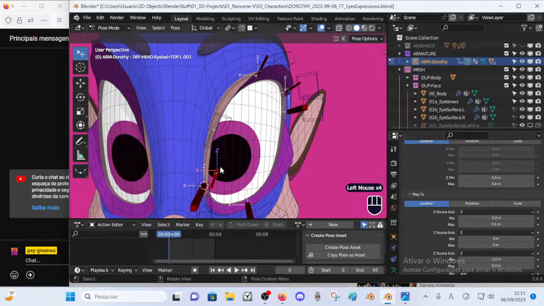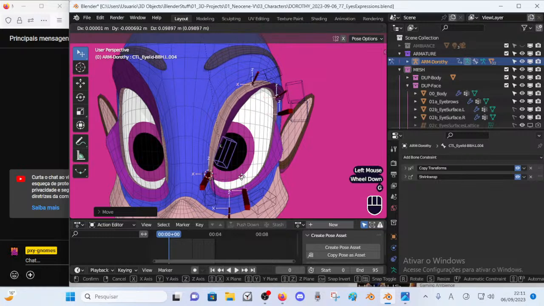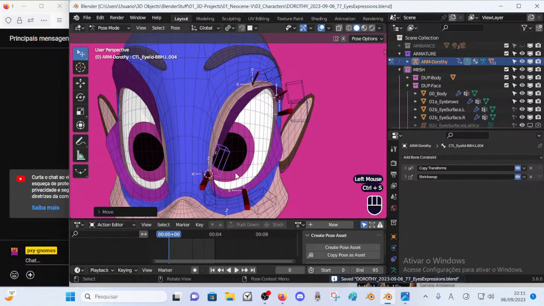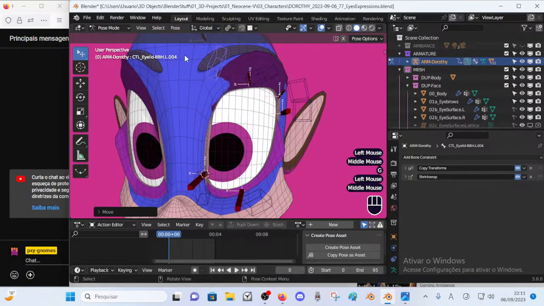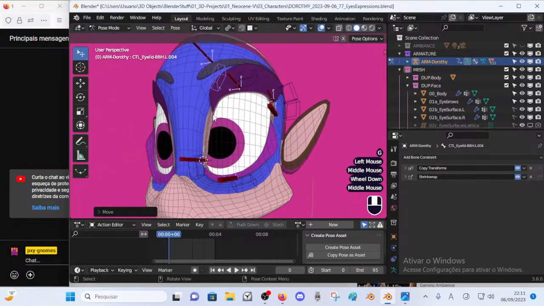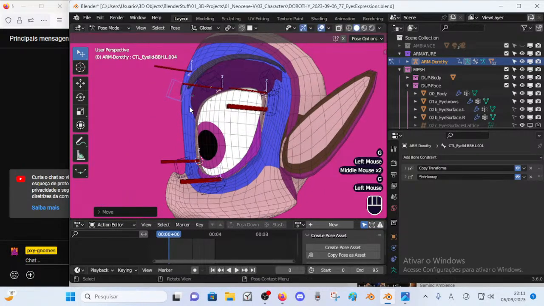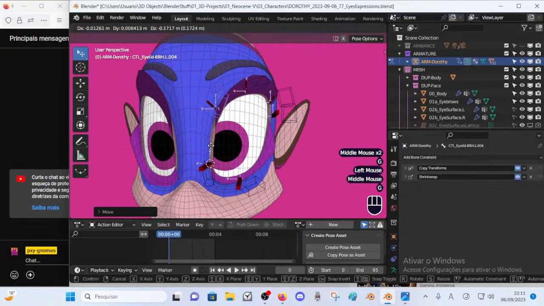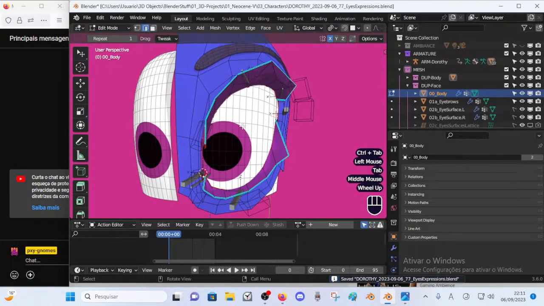So here it got negative x, and here it goes positive x. Okay, that's interesting. So we can tweak that way too. Then here, of course, as it goes up, it goes too much there, and we have to push it there. Yeah, but it's cool. It's kind of cool, and it can still push the bone itself to the side, right? So lots of options.